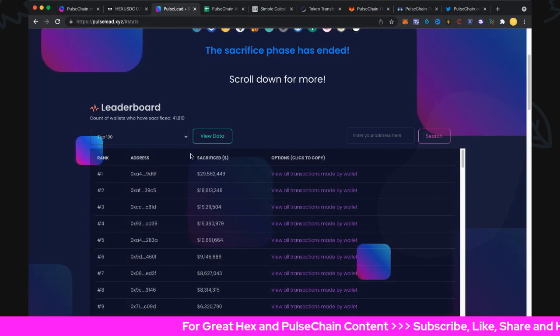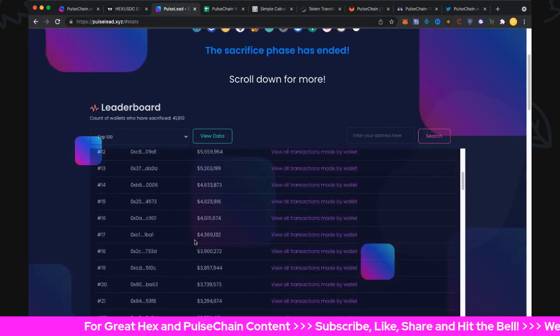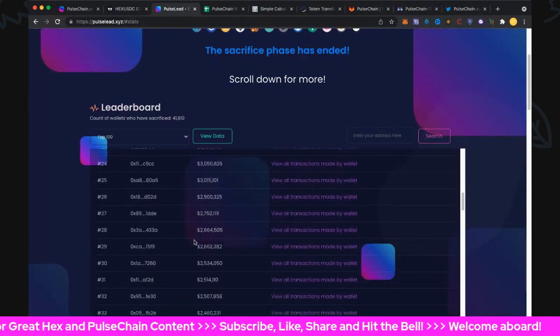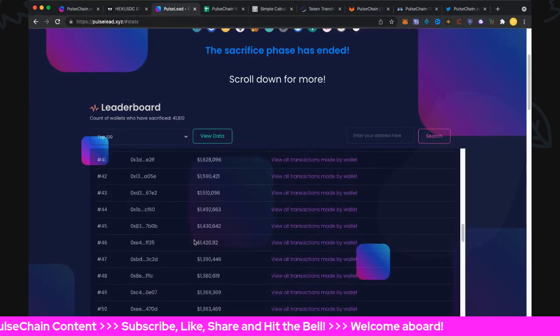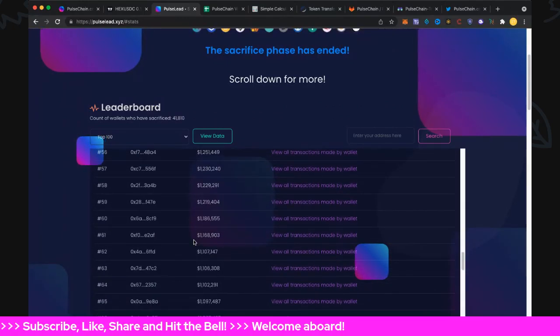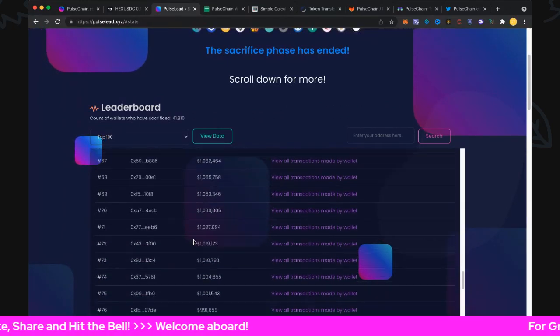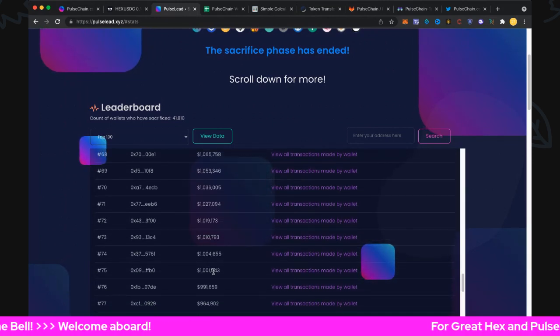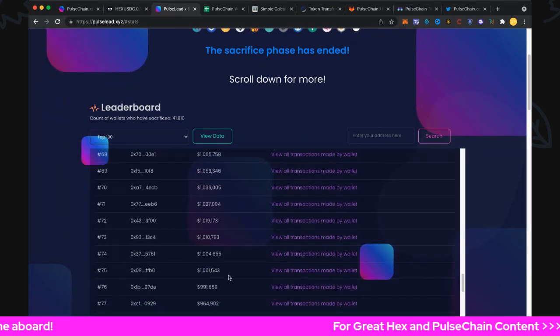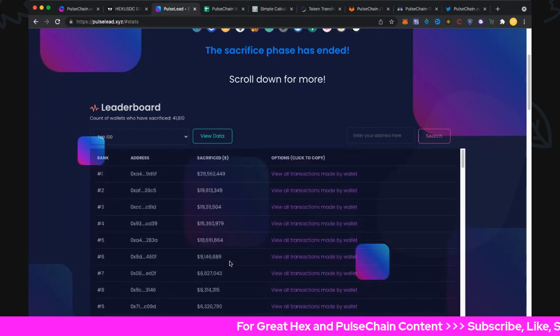So you know that there's some big players. And if we go all the way down, we can see that we have a lot of players over 1 million. As I say, I call them players, but we have a lot of investors over 1 million. 75 in fact, and just on Ethereum alone. This is only Ethereum. Pretty amazing stuff.